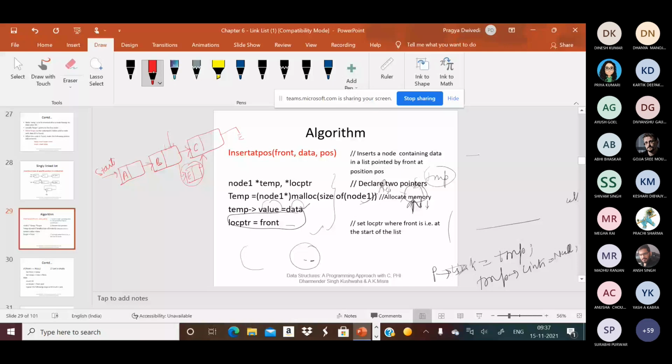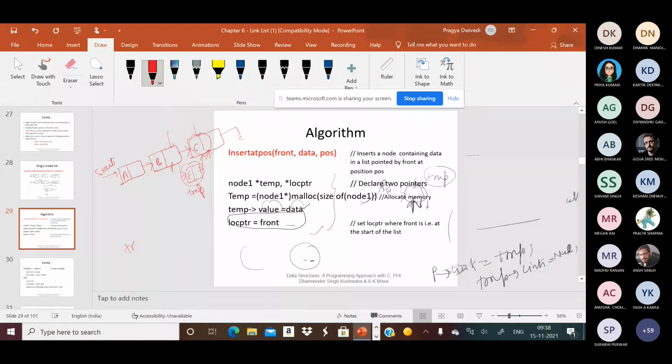So what is basically the idea? Temp to link, like this is the temp to link. What should the address be if we are inserting between B and C? So temp to link should contain the address of this C node. But where will we get this C node's address? This C node address comes from this B node. What is in B's link? The B link contains the address of this node. That should be assigned to this temp to link.